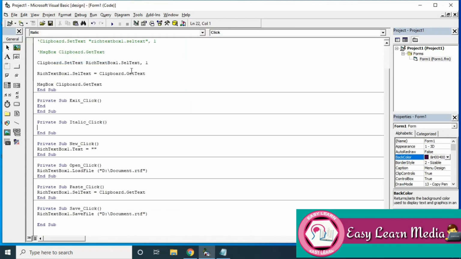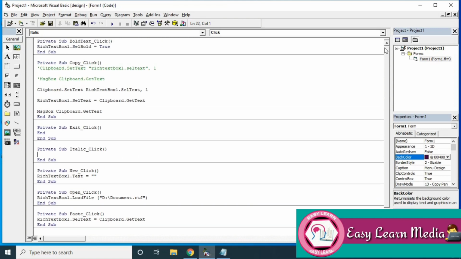So now we have italic. Same code, instead of bold we are going to use italic. RichTextBox1.SelItalic equal to true.